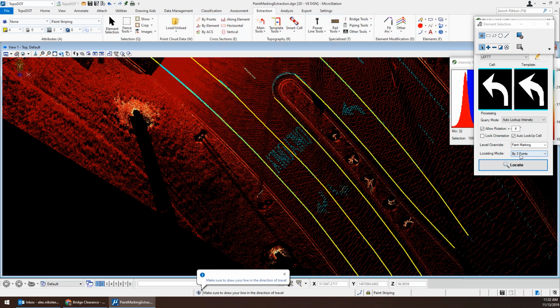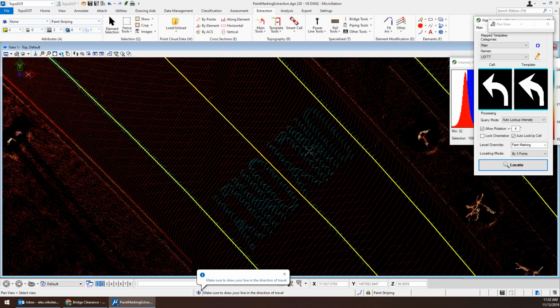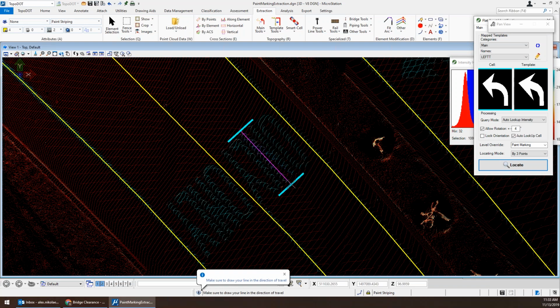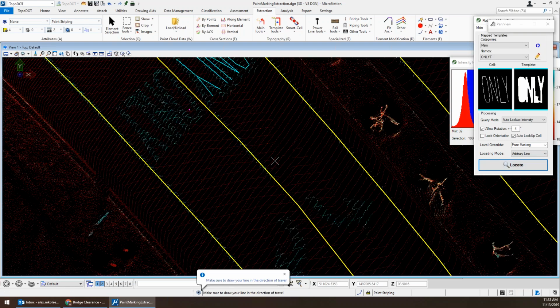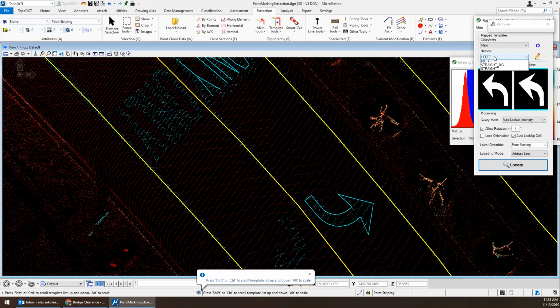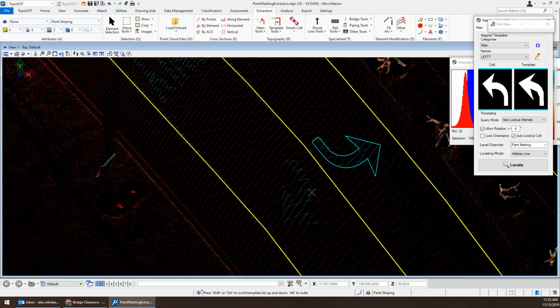So the first option is by 3 clicks or by 3 points, and this option is very easy. You click 3 times, you specify the bounds where to look for the particular asset, and you let it go, and it will search through the library and pick the best one. Then the second option is to use just the guideline, and it's basically 2 clicks, and then again it will scroll down your library and pick the best possible asset representing that